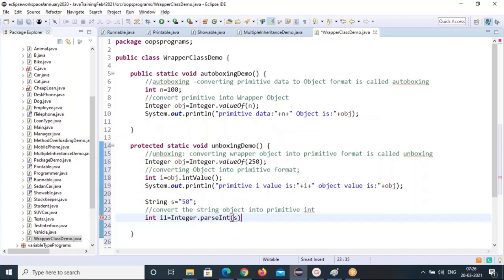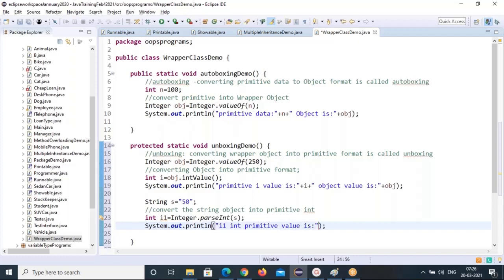So you can pass that value, and now this will be an integer value. Now the i1 int primitive value is, you can see the i1 value, and the string s value is still in the 50 format only.